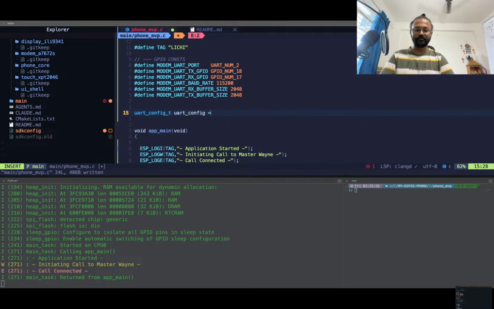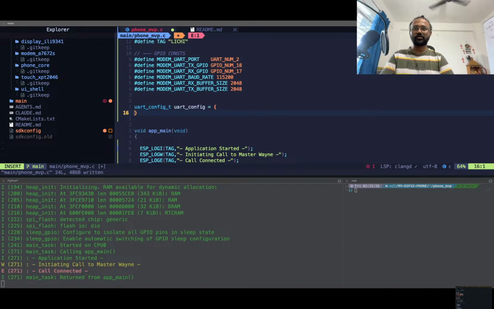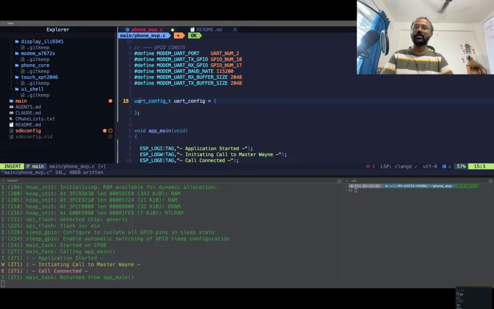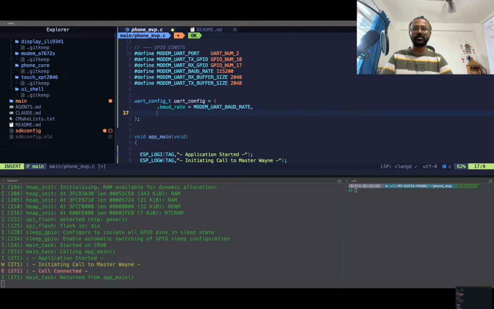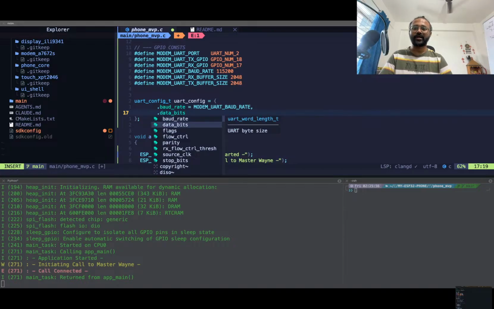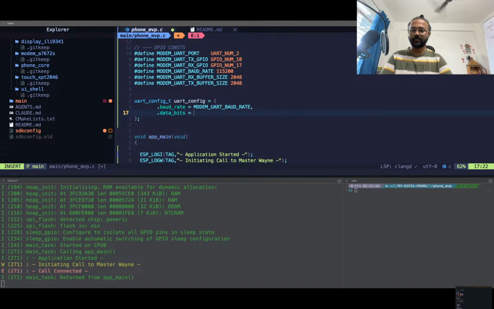UART config. We'll put that inside also. No issues. ठीक है अभी बाहर रखते हैं. And we already have included so it should give suggestions when I go into insert now. Awesome. The baud rate I've already decided, right? Modem UART baud rate, which makes sense. What are the things? Flags, flag control, data bits. Data bits are UART 8 bits data. Does it come as part of